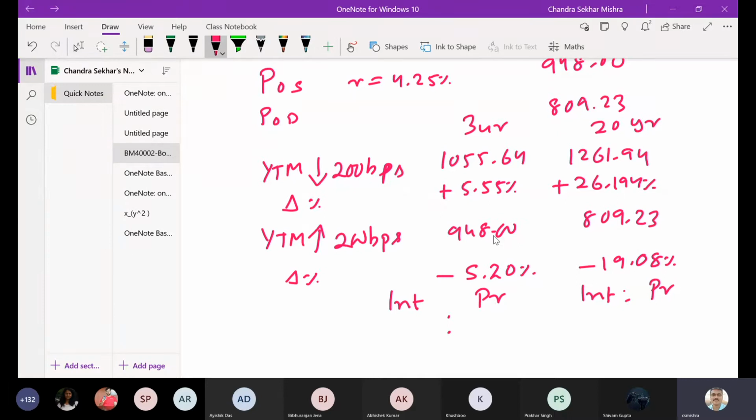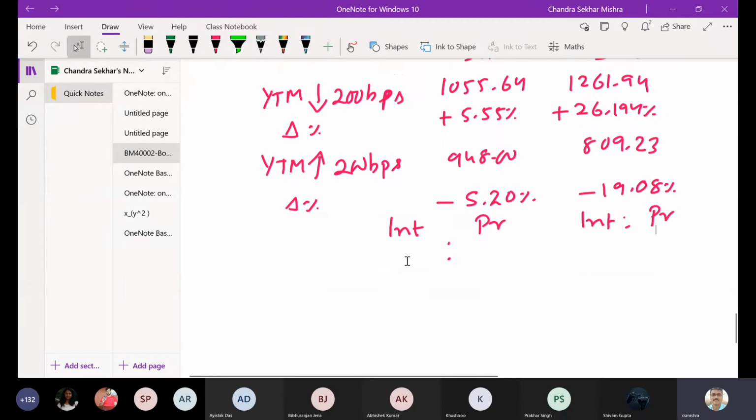That's how it becomes a riskier asset, because you are not going to get cash flow immediately, and you are going to get most of the cash flow in terms of interest. The principal that you get at the end of the 20th year has a very small present value. Whereas the principal in the third year is very high compared to the interest component. That is the reasoning why long-term bonds are riskier than short-term bonds. Okay, right?